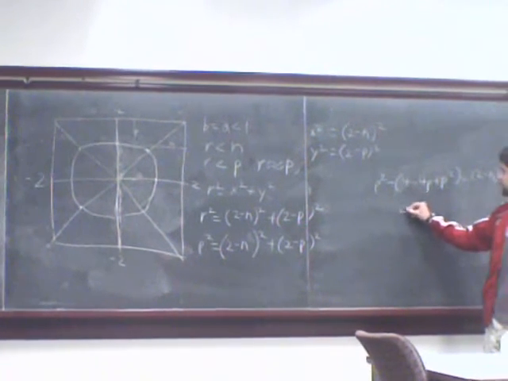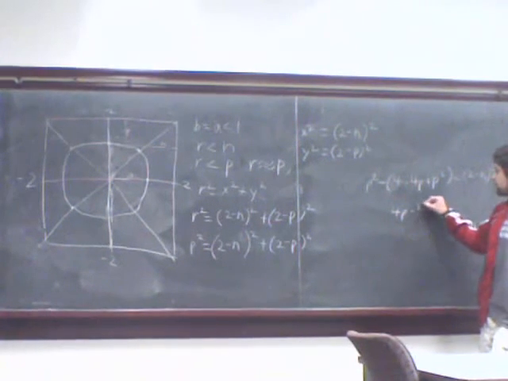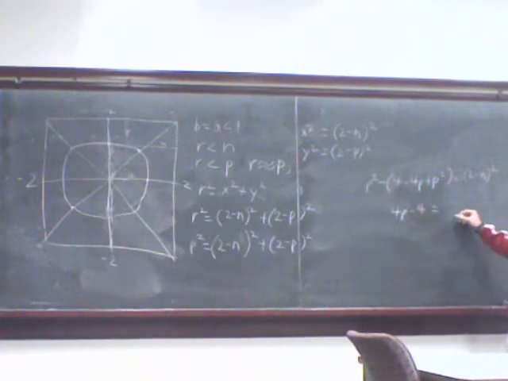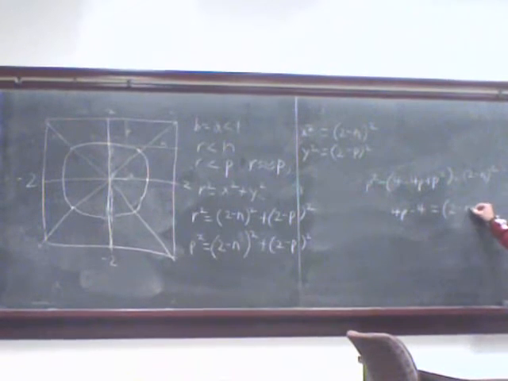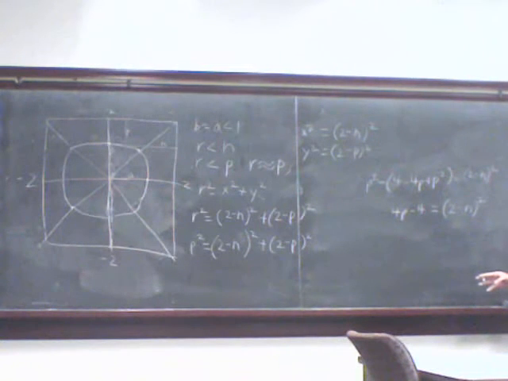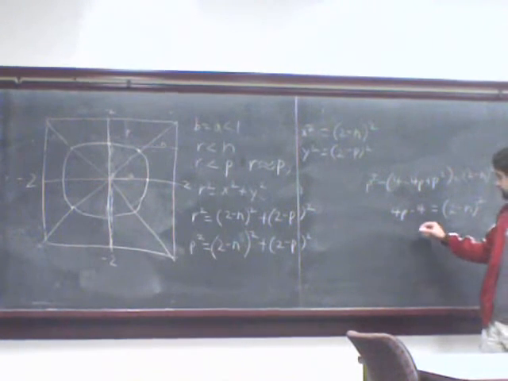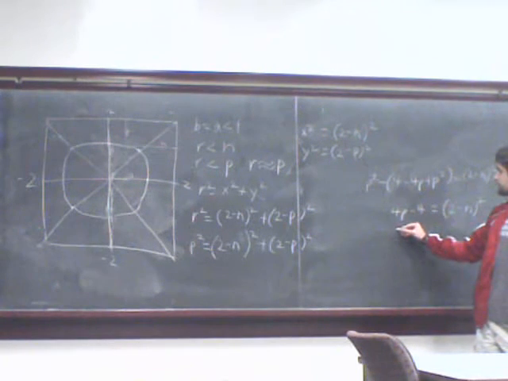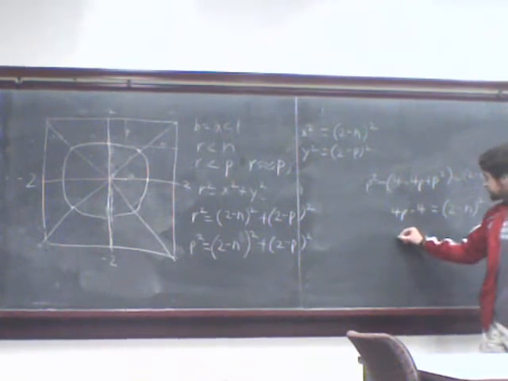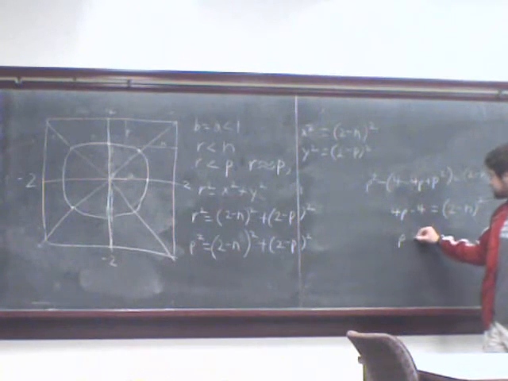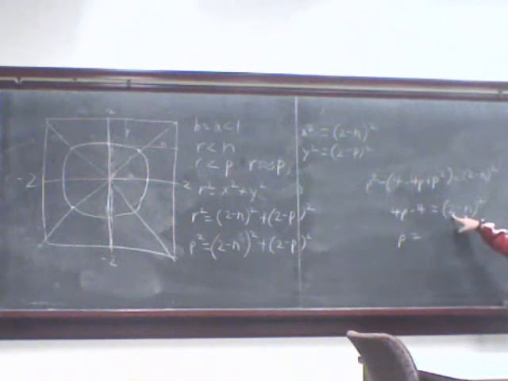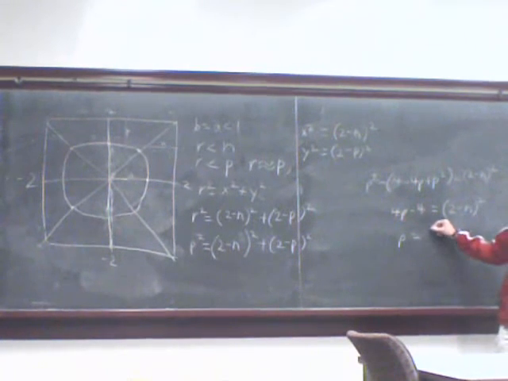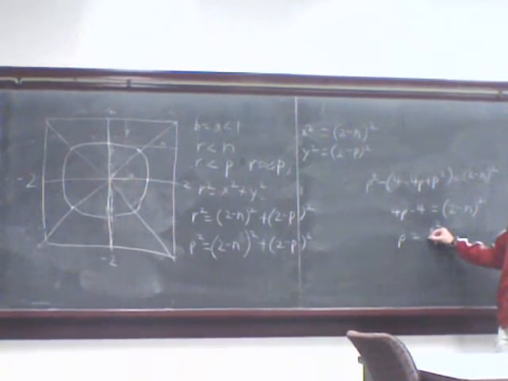So you get 4p minus 4 equals 2 minus n squared. Still good? Okay. So then, from there, you can subtract over, so you get p is equal to, and actually you can then put this back if you want. You can turn this back into x squared over 4